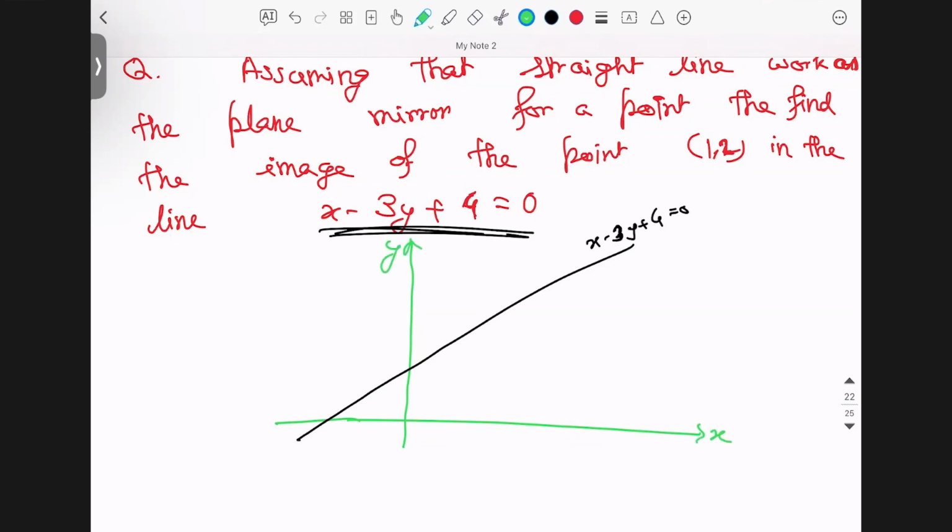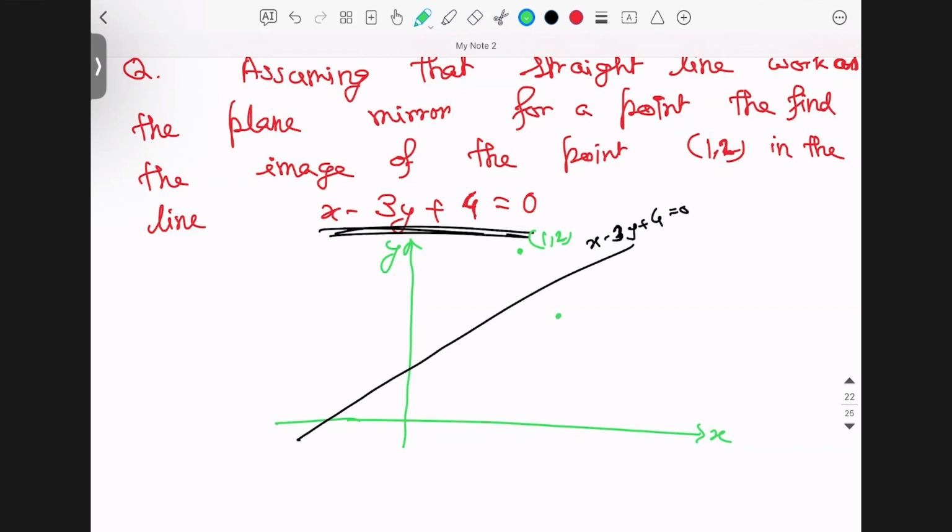Now we have 1 point 1 comma 2. Suppose this point is here. Now what you need to find? We need to find a reflection of this point. So this reflection will be somewhere here,